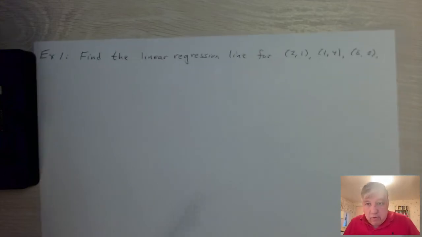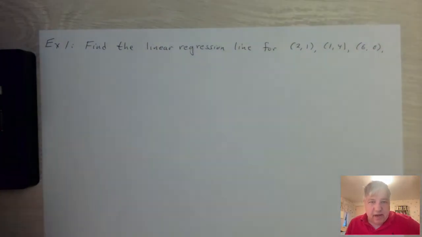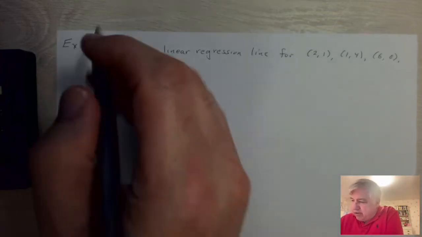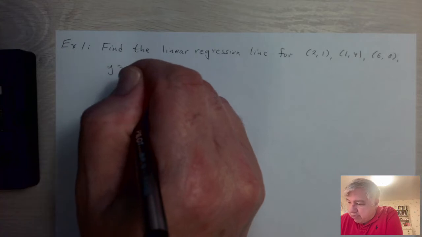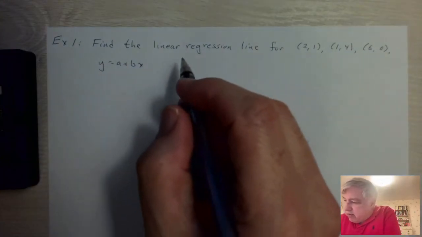Okay, so what we'd like to do now is do this first example. We want to find the linear regression line for these 3 points: (2, 1), (1, 4), and (6, 0). And so again, we're trying to find a line given by y equals a plus bx, where